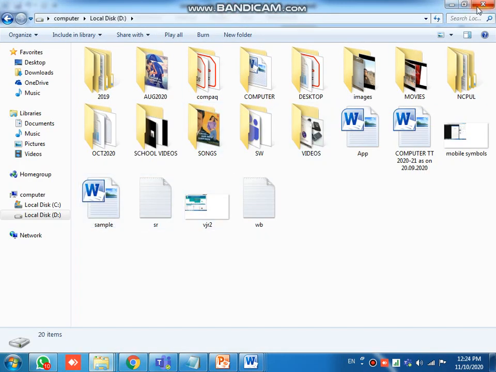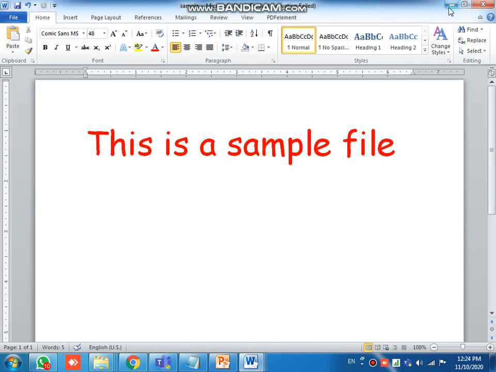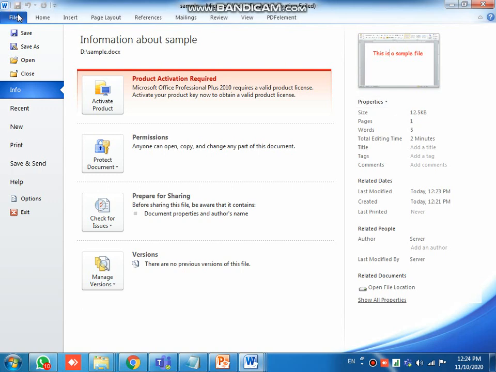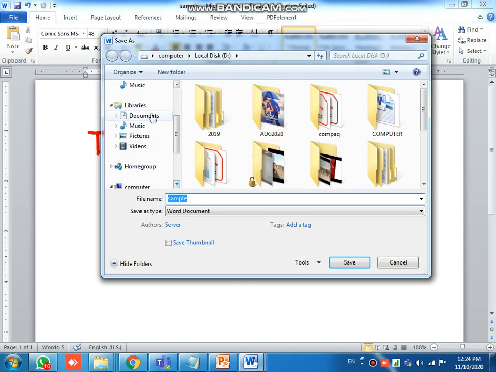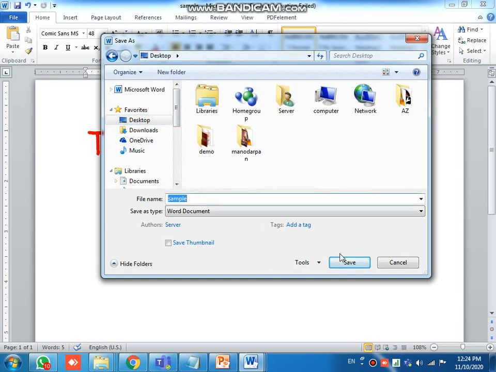Mostly 99% of those who use computers will save files on the desktop. It is okay for temporary use, but if you do it every time, it is very problematic for you in future. So I request you don't save your files on the desktop or in the C drive. If you want to save the same file on the desktop, just go to File. This time you take Save As. Both have the same text data, only we are changing the location. Go to Save As and click on Desktop. Like this you take the same Sample.